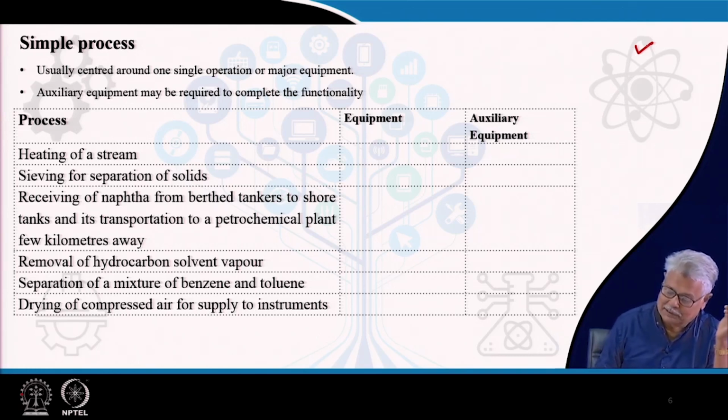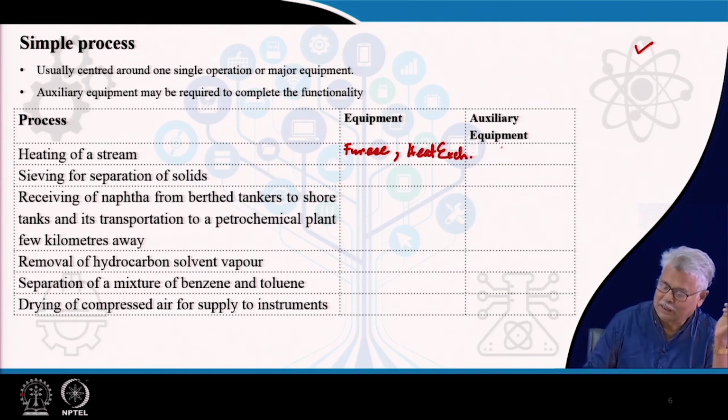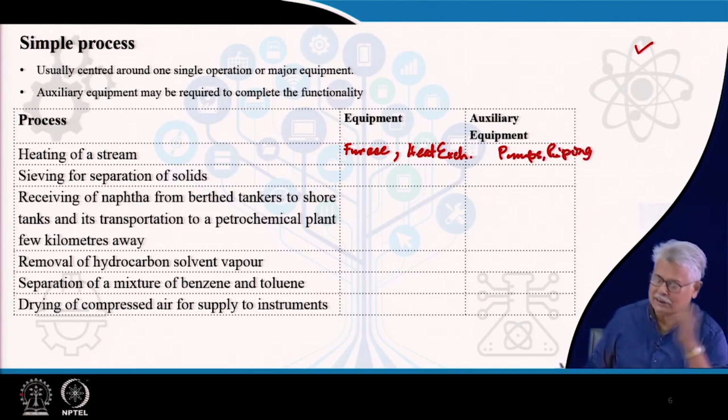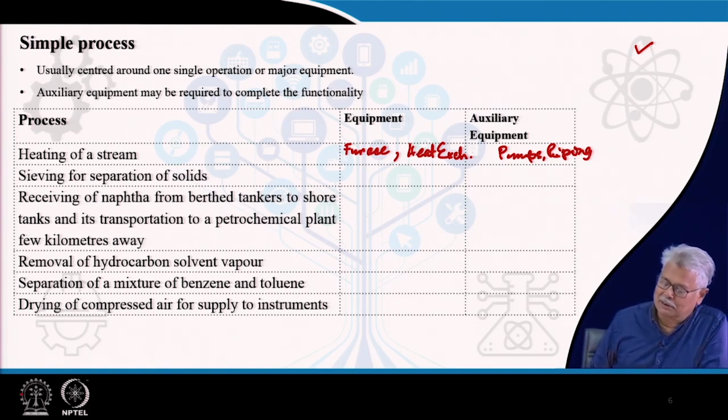The major equipment in this particular case could be furnace, or it could be a heat exchanger also. In order that the stream is flowing, we got to have auxiliary equipment. For example, we need to have the pumps and we need to have the piping. So, you definitely will be appreciating at this particular point that your process will consist of equipment as well as